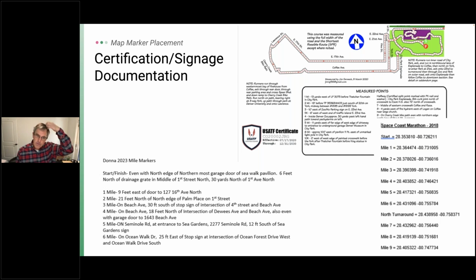So this is pretty much the way it used to be in terms of the documentation, all very descriptive locators trying to measure number of feet past or before, north, south, east, and west of. And this is the type of language that we deal with in terms of trying to move things and get those lined up. And so today I'll be talking about the Donna Marathon. That's all they had. They didn't have the coordinates, and how we use Google tools to really line the experience